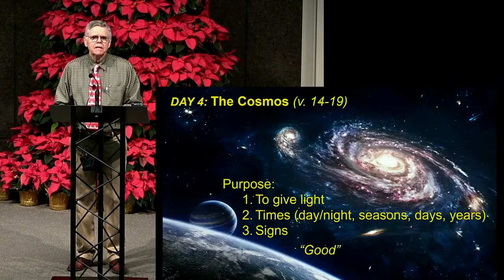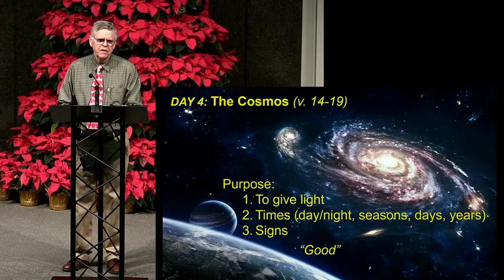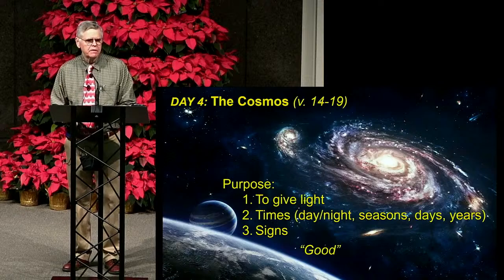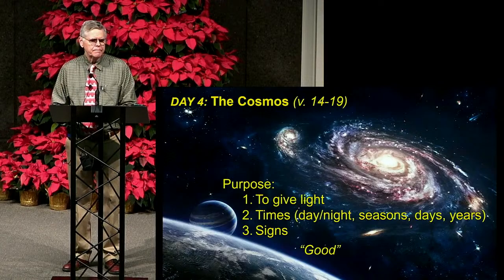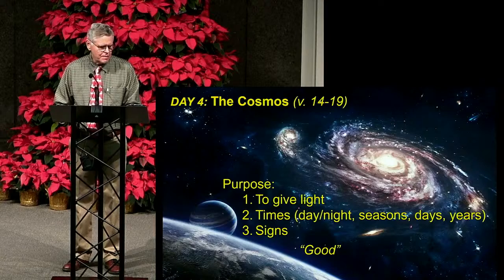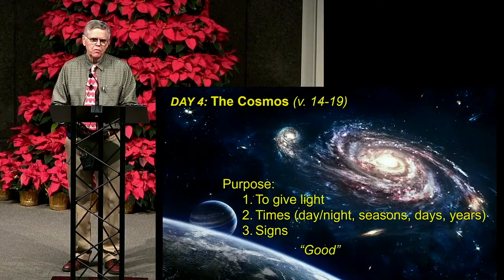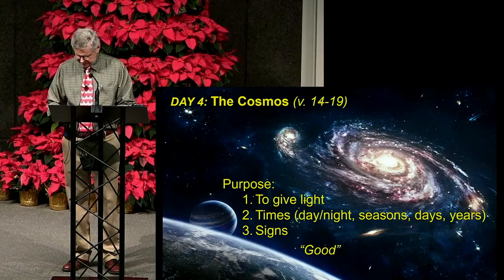And then finally, it doesn't say a lot, but it says something about signs. If you think about it, at least in the Old Testament, there are a number of times where God used celestial events as a sign, and oftentimes in the prophetic literature, it makes reference to things, for example, like the sun being darkened or the moon being turned to blood, but it's used in different ways. So for all of those, and when God was done with it, he also said that was good.